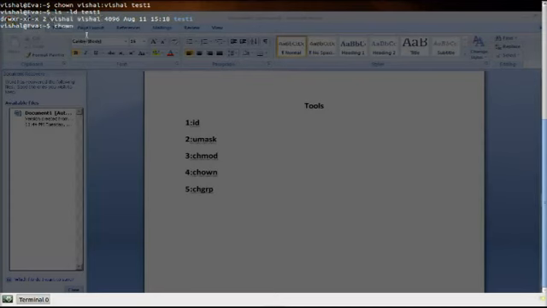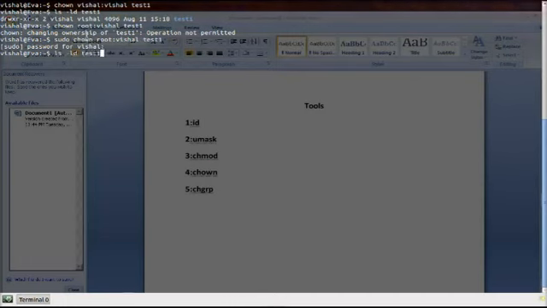Okay, now let's try something different. Now we will change the user owner to root and the group to Vishal. Well, the group will be the same. Oops, I think I don't have the permissions. Let's put a sudo, and here goes my password. Okay, now let's check it out.